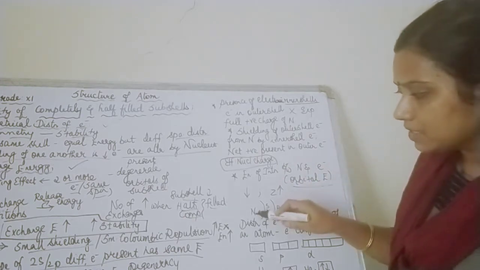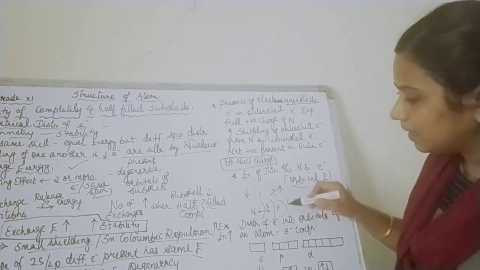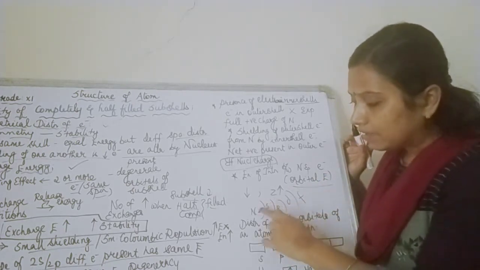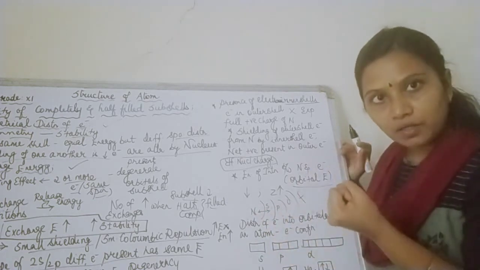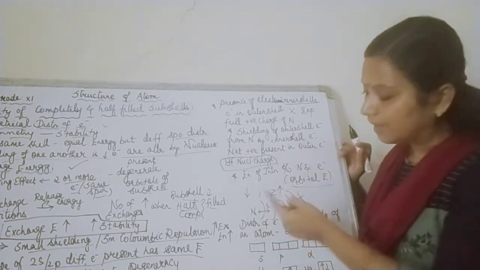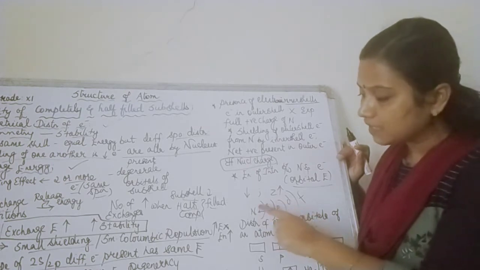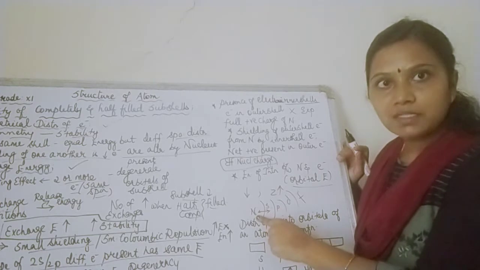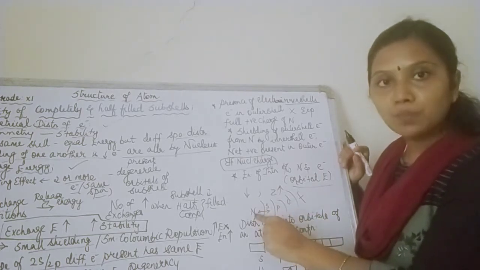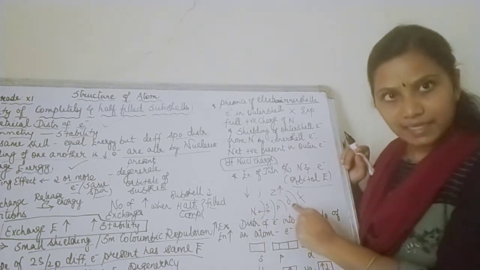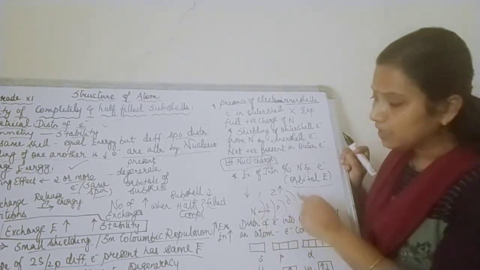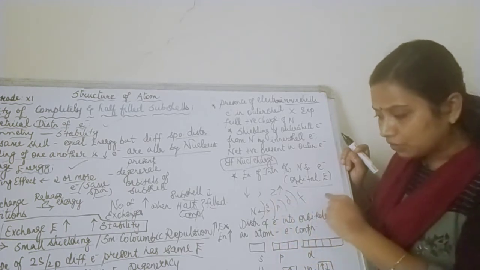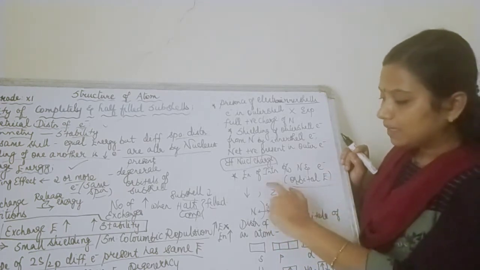Say, for example, this is the nucleus and this is the s orbital, p orbital, d orbital and f orbital. It goes like that. Your s orbital is attracted towards the nucleus more than the p orbital, because s is very close to the nucleus. Similarly, the p orbital is attracted towards the nucleus more compared to the d orbital. And the d orbital is bonded to the nucleus more than the f orbital. So as the atomic number increases, we keep filling the electrons, and the orbital energy is less.